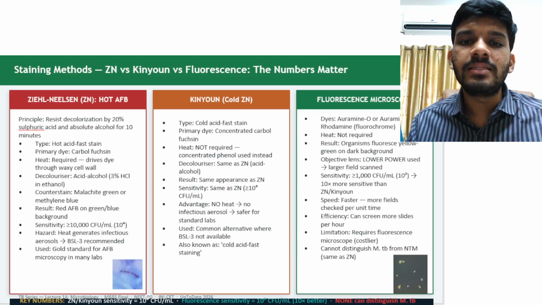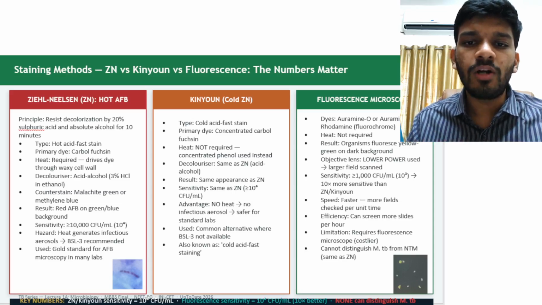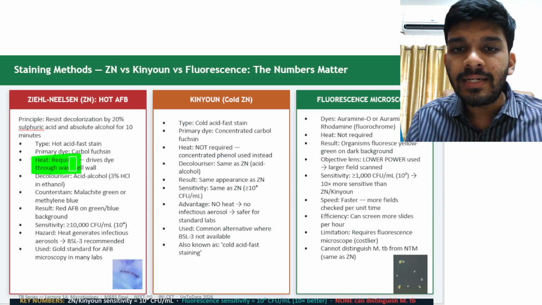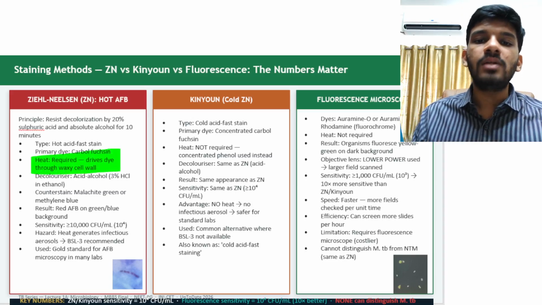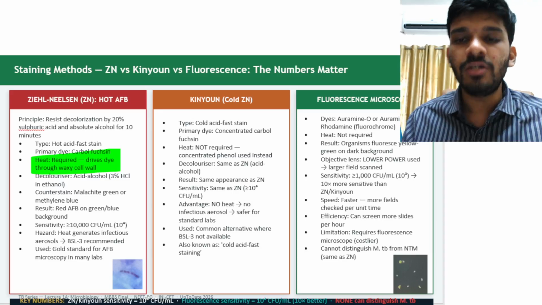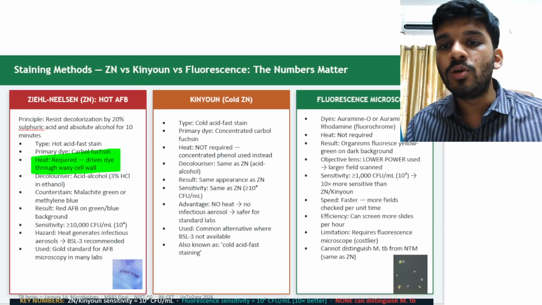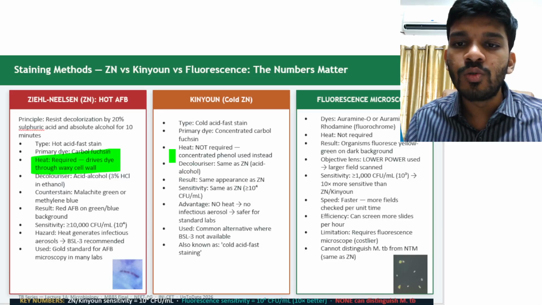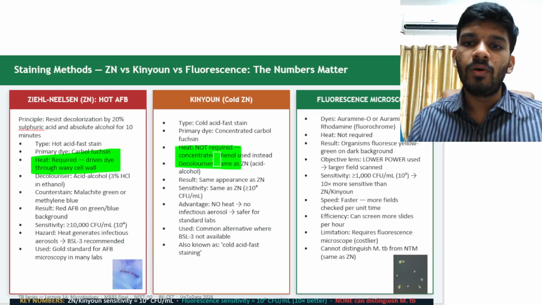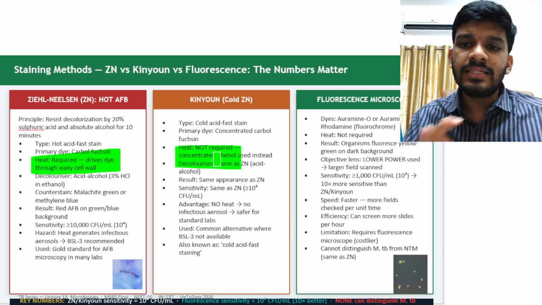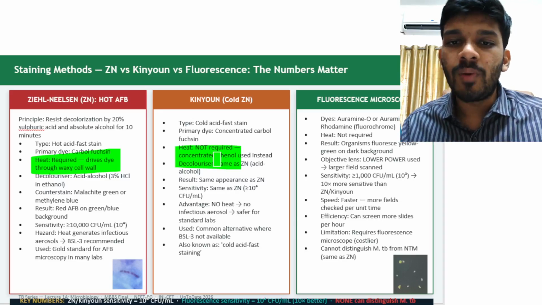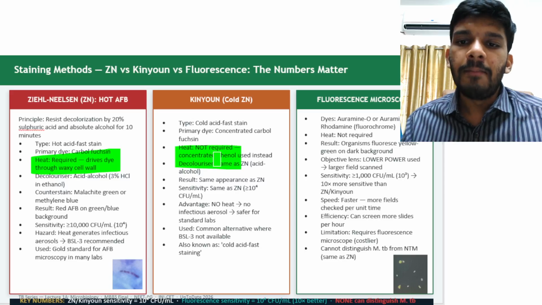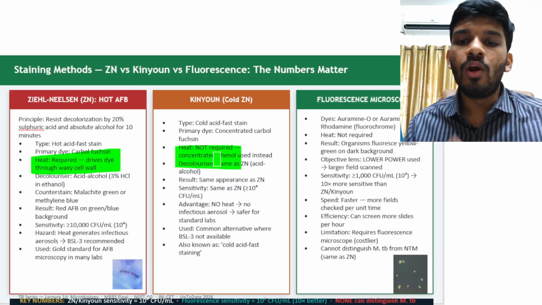The hot method is the Ziehl-Neelsen method, in which you are using heat. But because this is an aerosol generating procedure, you resort to the Kinyoun method, where instead of heat, you are using concentrated phenol. Okay, and the sensitivity is the same. You need approximately 10 to the power 4 colony forming units, but the advantage is that you will not have